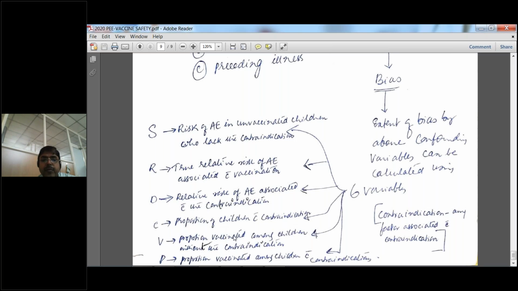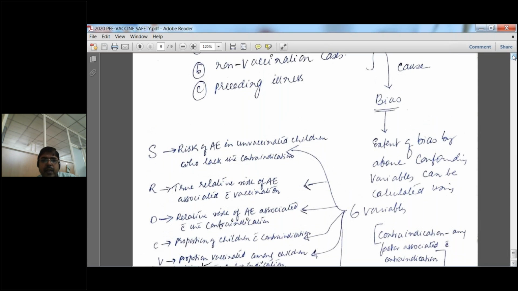Here you can see one more group of children without contraindication. Proportion were vaccinated, but without contraindication, among those children without contraindication. Proportion of vaccinated among children with contraindication. So whenever you are giving the vaccine, you have to take into consideration all these 6 variables which may pose as confounding variables. These factors may be associated with the patient illness, or the socioeconomic factors, or sometimes we